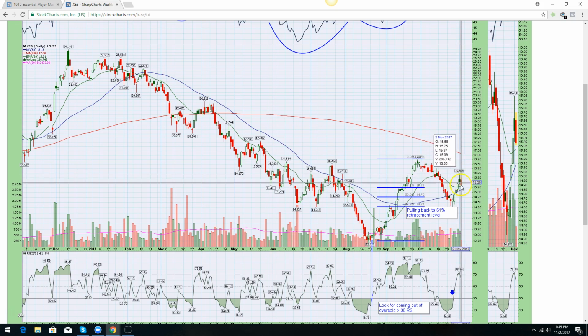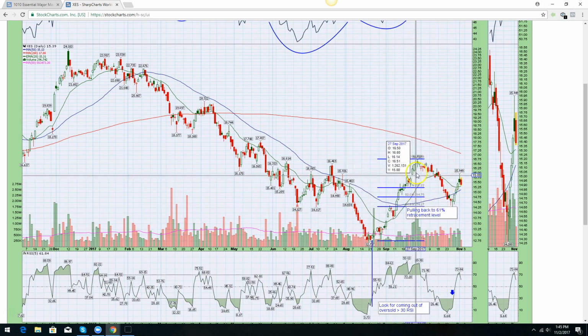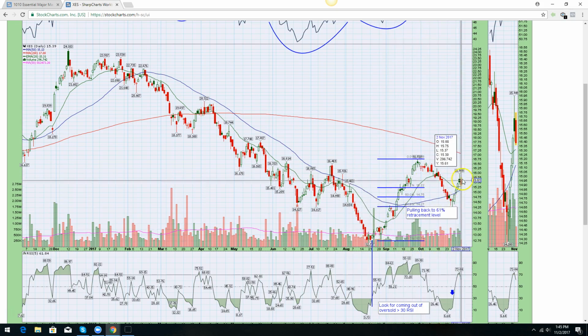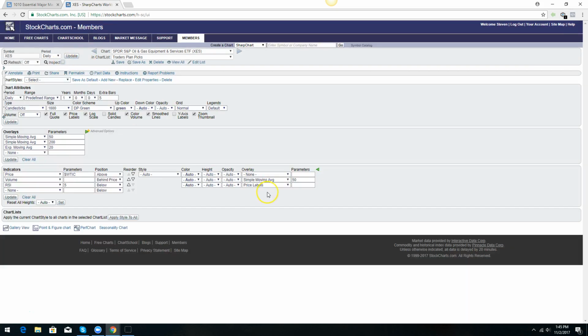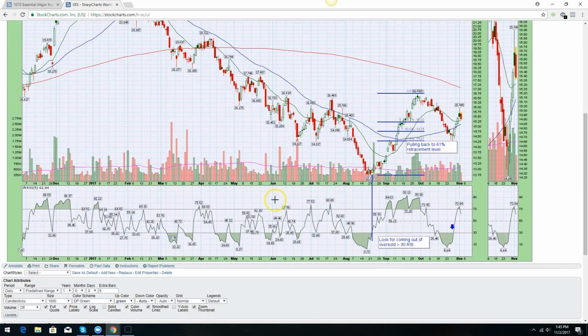So I'm not saying it's going to go straight up. I'm not saying this level is going to hold. I'm just saying it bounced just like we thought it would, based on this strong move, this pullback to retracement, and now it's headed higher. I also mentioned why I like the double, this is RSI 5, the double oversold